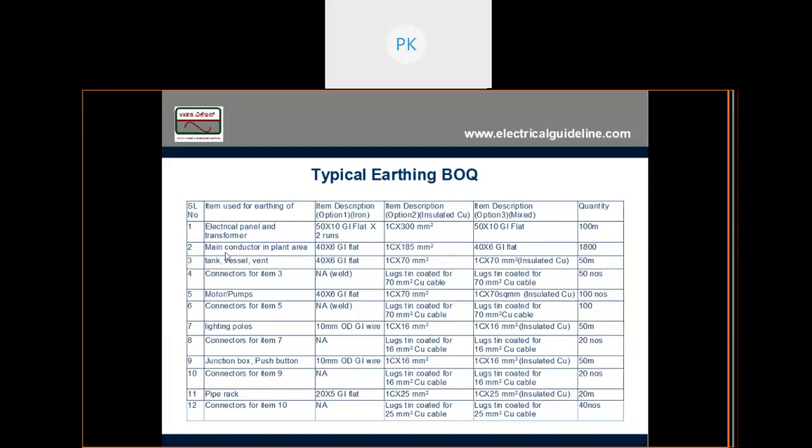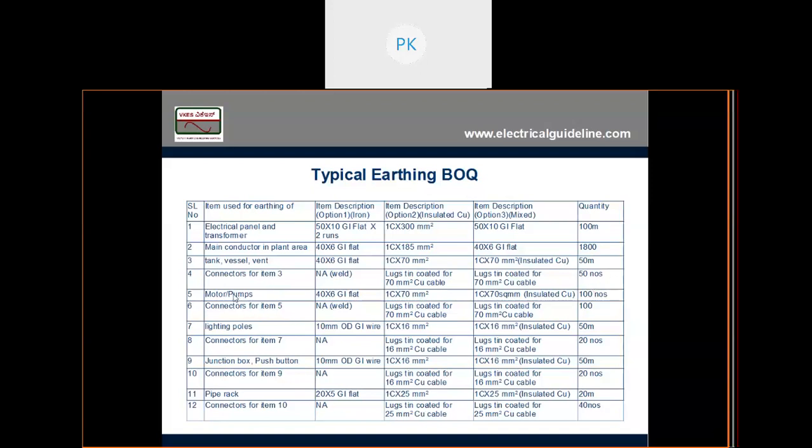Then my main conductor in plant area, I'm using 40 by 6 GI flat, so the length I'm getting is 1800 meters. For tank, vessel, vent, I'm getting 50 meters of connectors. For the connector, I'm going to use a cable. I will use an insulated cable, 70 mm square copper. Lugs are tin coated. I'll have 50 numbers of lugs.